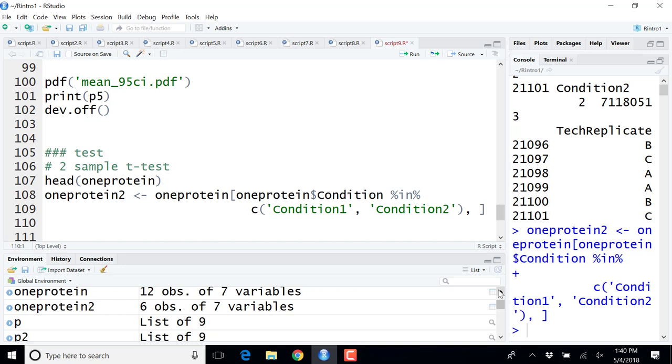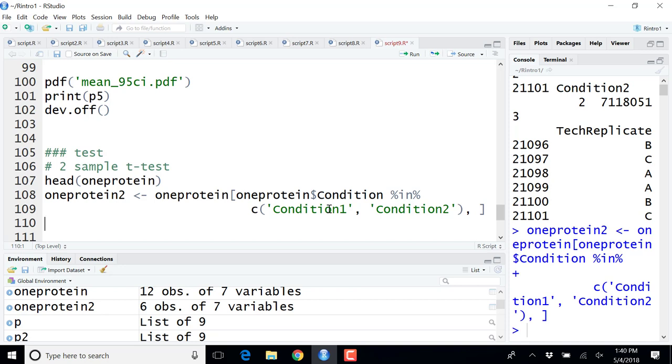So again, that means I want to get the data from one protein which has condition 1 or condition 2 in the condition column. Okay? So if you go back to this environment,